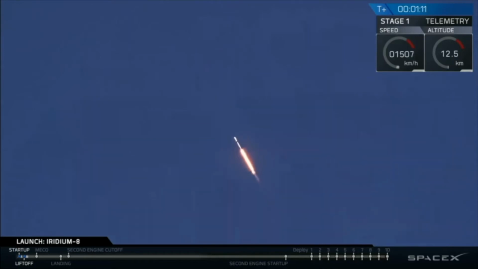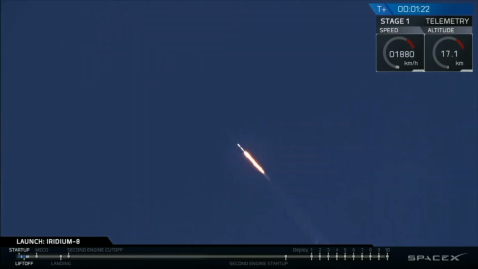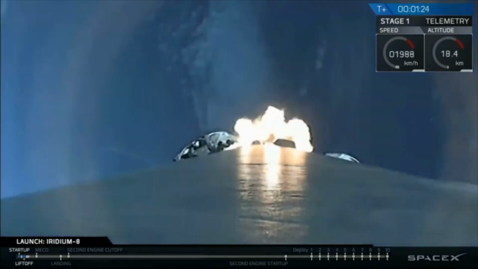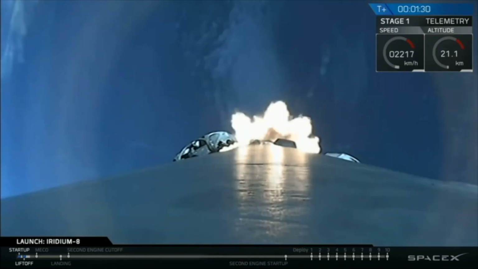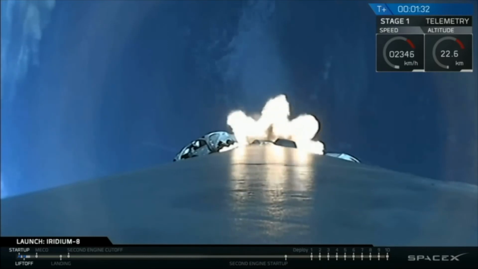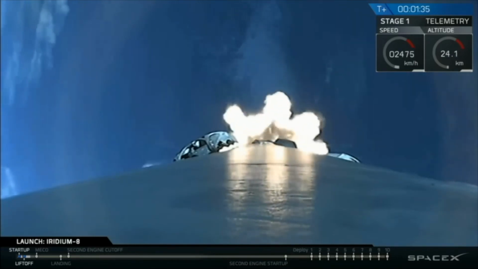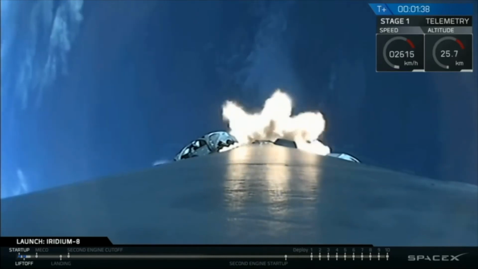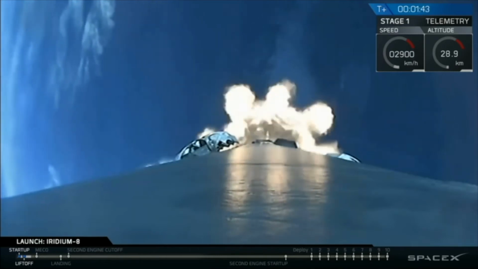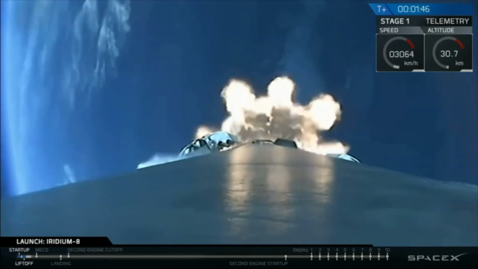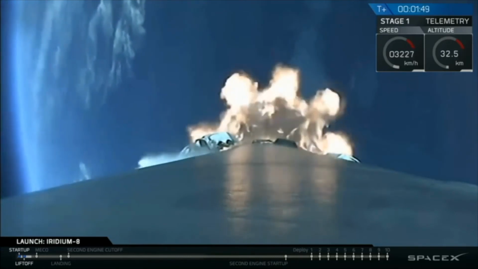Acquisition of signal. We're through the period of maximum dynamic pressure. Maximum aerodynamic pressure. Merlin engines continuing to perform at 1.7 million pounds of thrust. Falcon 9 heading out into the upper atmosphere. Nice view from the first stage camera looking aft. We're headed south from Vandenberg Air Force Base, Space Launch Complex 4 East. MVAC engine chill. The MVAC engine chill call out indicates that we have now opened up the oxygen that goes to the pump on the second stage engine, chilling it down for ignition coming up about a minute from now.